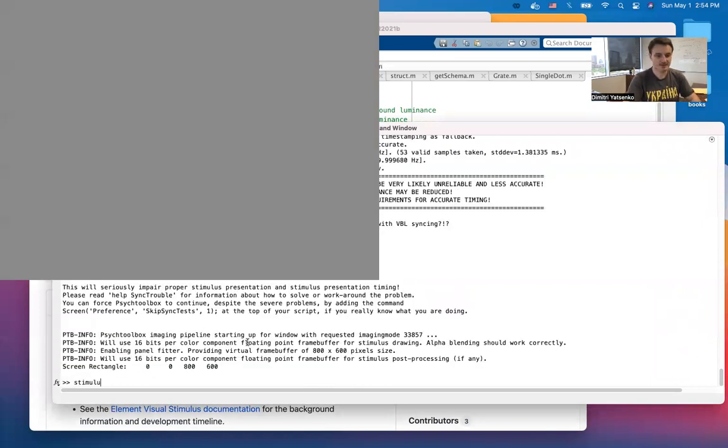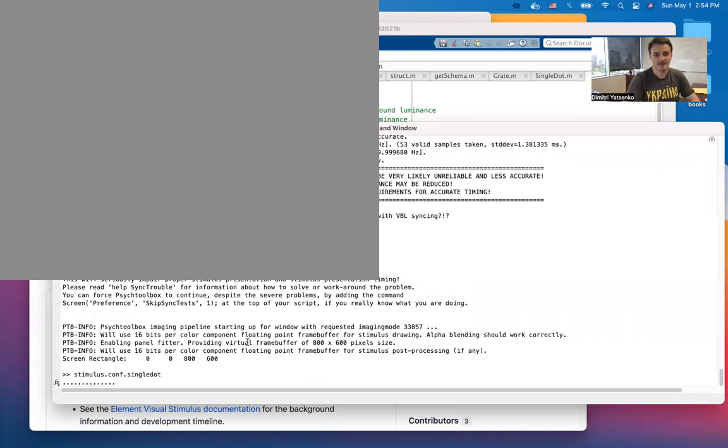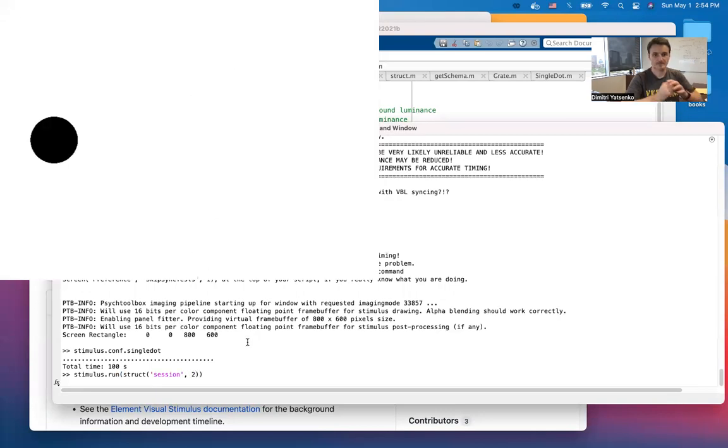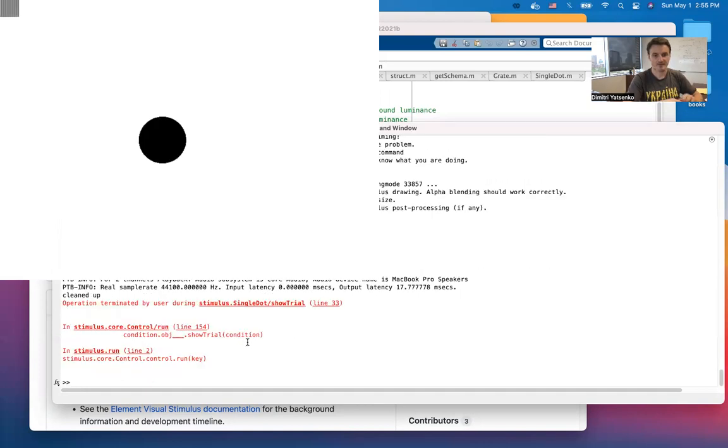So again, let's do stimulus open to open the display. Then stimulus configure single dots. This does the preparation. So the total time will be 100 seconds. And then we do the stimulus run, struct, session. Let's do it for the second session. That's what it does. Pretty straightforward. 100 seconds. All right, I'll stop. And then stimulus. So you don't need to do stimulus close. You can run stimulus